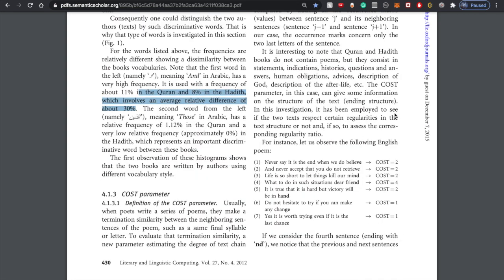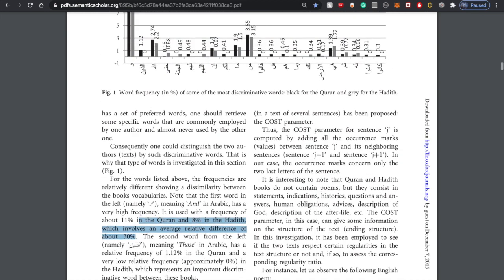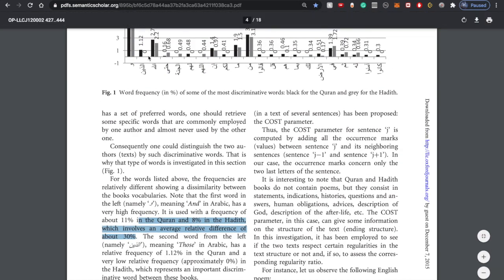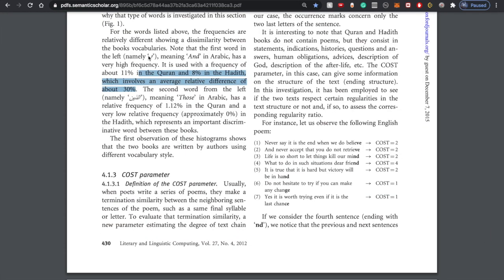Because again, even if you're fabricating a book, even if you're trying to write in a different style, if you're imitating someone's style, these types of words, you're just going to use your natural vocabulary unconsciously, and you only have a specific set of tools, your vocabulary and the way you speak, and that's going to come out. That's going to come out even if you're trying to impersonate someone. And we see here that there are certain words that are very different in terms of frequency, which again indicates a difference in authorship.